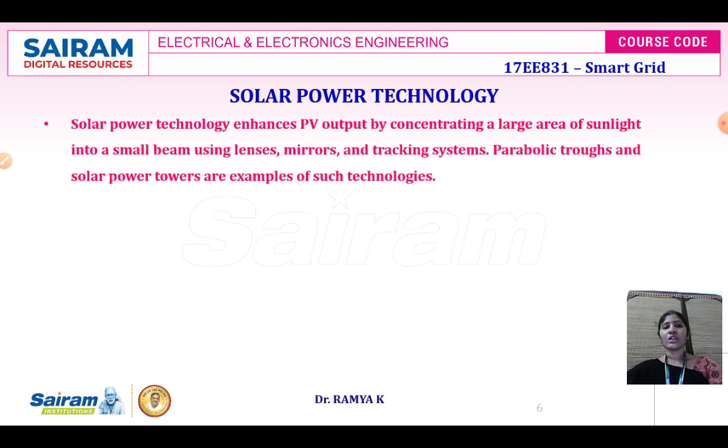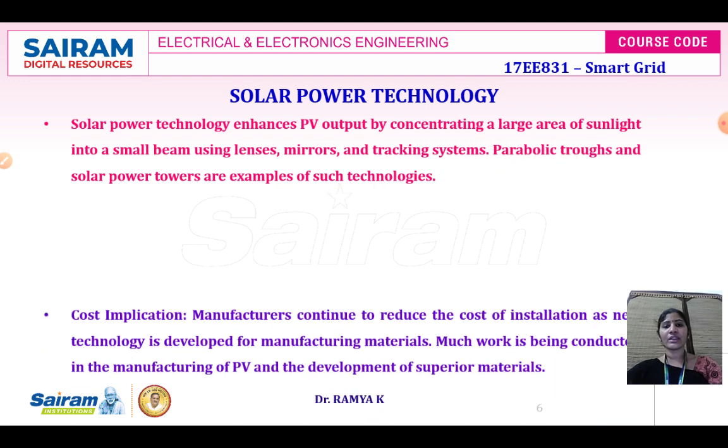Solar power technology. In earlier days, before MPPT was incorporated, we used a concentrator, that is, we used a solar collector to collect the sun rays and to generate the power. One such example is that we can use a small beam using lens, mirrors and other tracking systems. Usually a parabolic trough collector, a solar concentric collector or non-concentric collector is used along with the solar power towers to track the maximum power, and the solar power technology uses this type of collector for collecting a maximum amount of